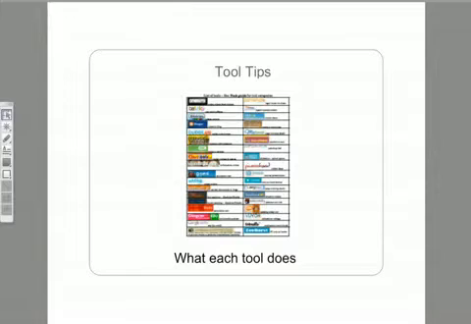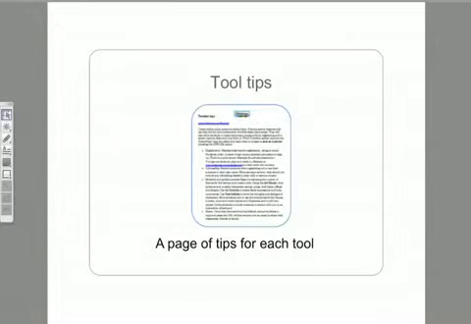But I've got a fourth PDF called Tool Tips, and this is where I take one page for each of my favorite 36 tools. At the front of the Tool Tips PDF, I've got each of the tools with a quick explanation of just a couple of words that explains exactly what that tool does. So I think that's quite funky, and you might want to bear that in mind. That's just a quick one-page look at what each tool is about.